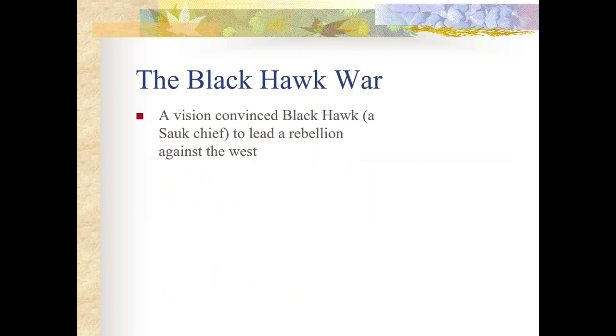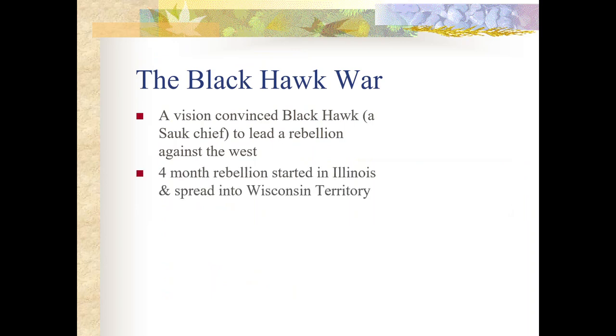Black Hawk was the chief of the Sauk tribe, and he received a vision, or essentially a prophecy, that he was to lead a rebellion against the Western settlers. Those American citizens from the state of Illinois and the state of Iowa were putting pressure on Black Hawk to move west of the Mississippi River. Where many had assimilated or had given in and started moving to unorganized territory, Black Hawk is going to defend their ground.